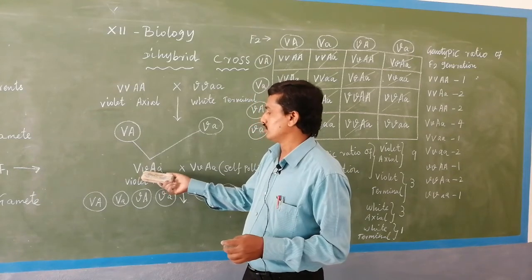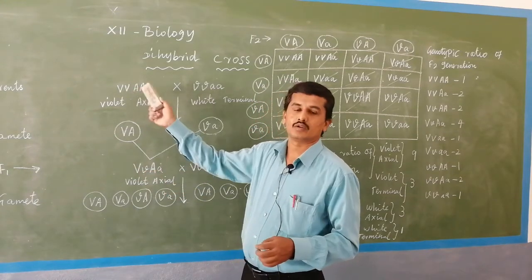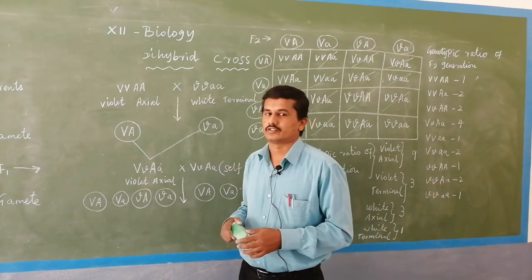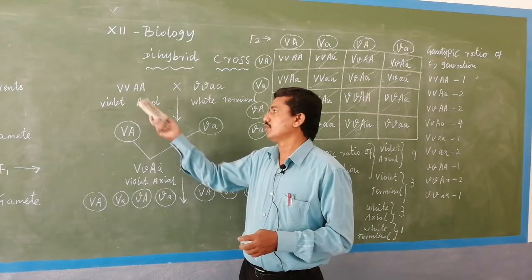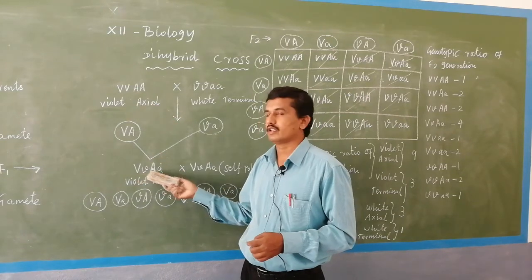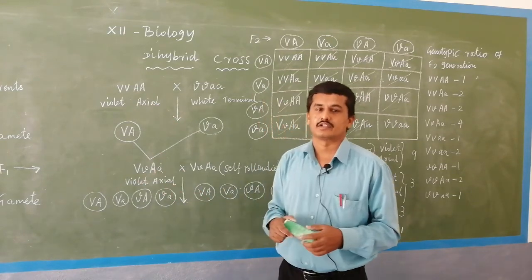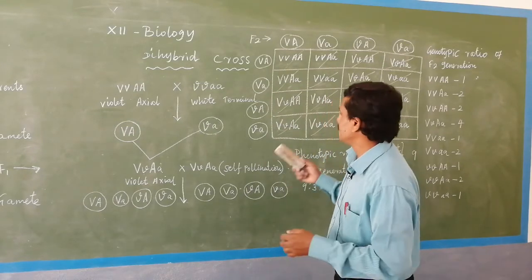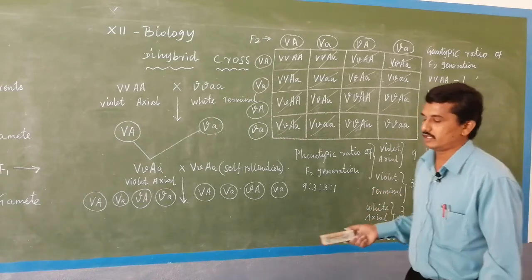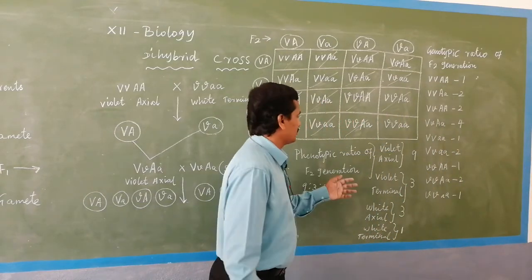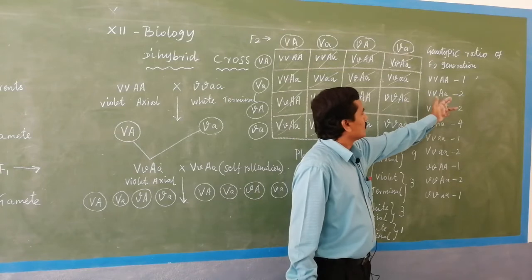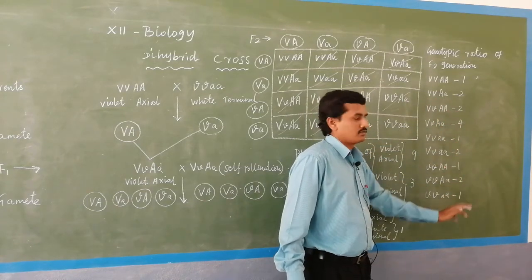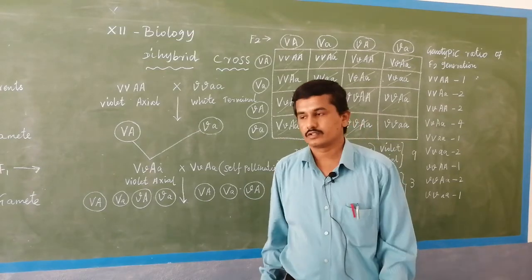Here the recessive gene is also present, while here only dominant genes; but phenotype means both are violet and axial. Genotype means this is homozygous, this is heterozygous. Hetero means different gametes are produced. So the phenotypic ratio is 9 3 3 1 and the genotypic ratio is 1 is to 2 is to 2 is to 4 and 1 is to 2 is to 1 is to 2 is to 1. This is actually a dihybrid cross.